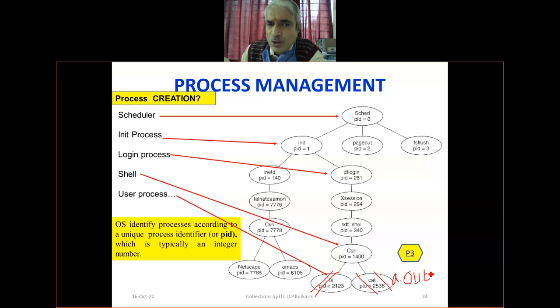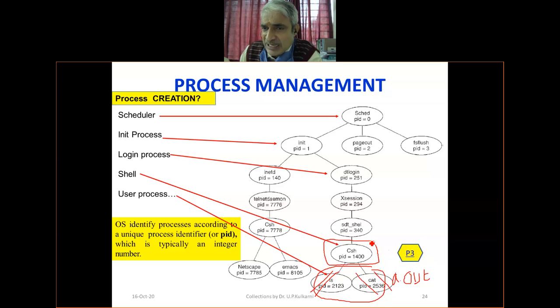Yes, sir. The OS identifies every process according to a unique ID called PID. Then for all these programs, their parent is a shell. It could be bash or it could be C shell, whatever that is. We will see that in the next chapter as a part of IA2.